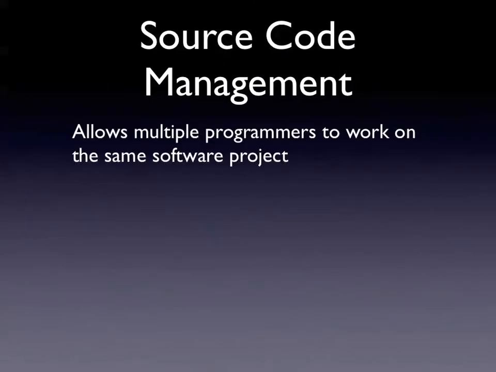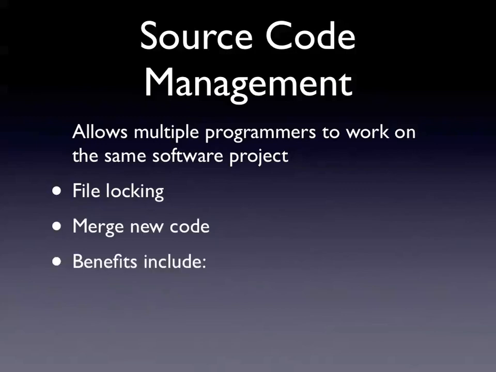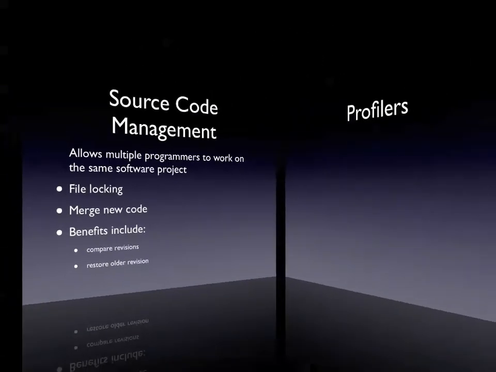Source code management. This allows multiple programmers in a team to work on the same project. It has features such as file locking, so only one developer can work on any particular file at any given time. We can merge new code together, and it has several benefits. So we can compare revisions of the software, we can restore older versions so we want to go back,